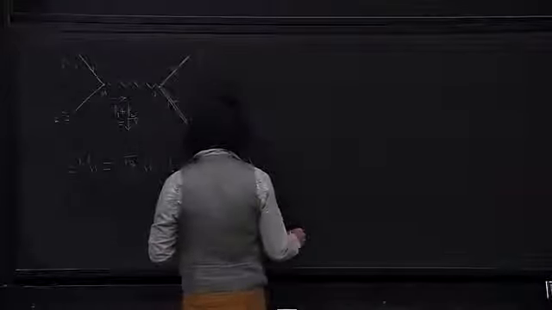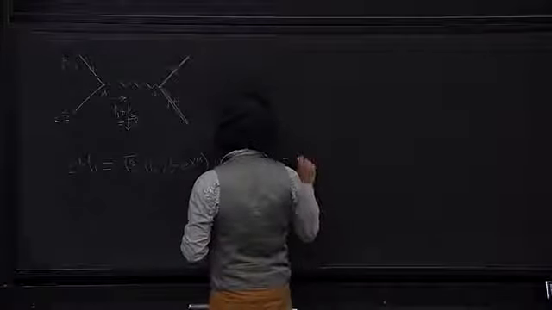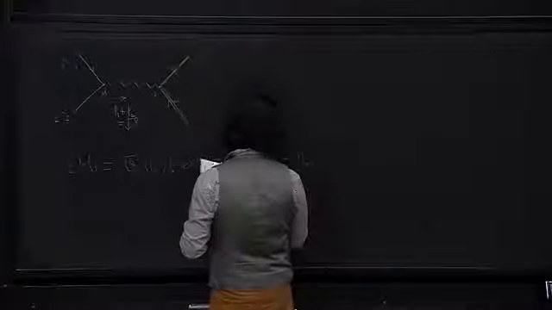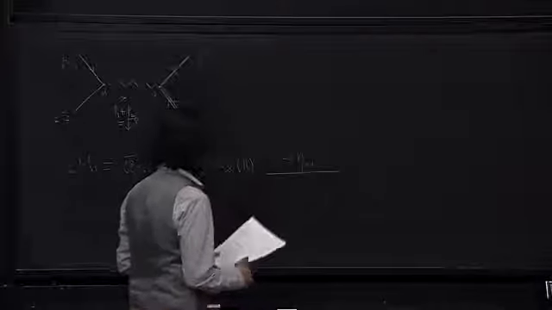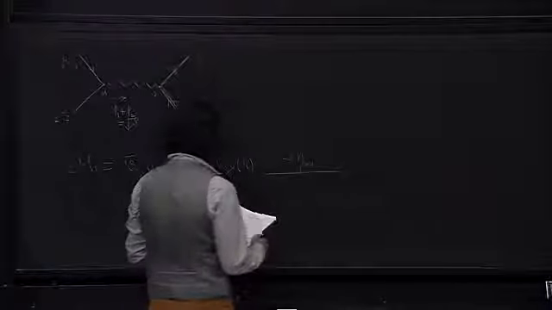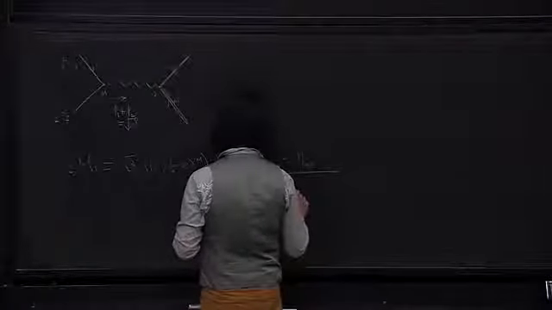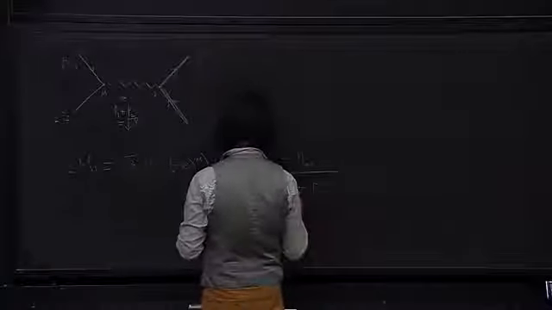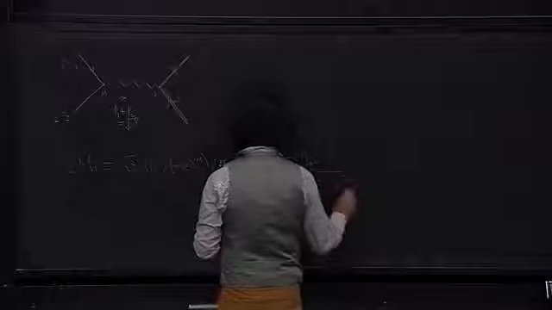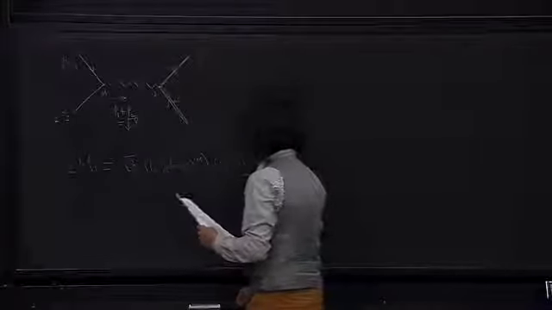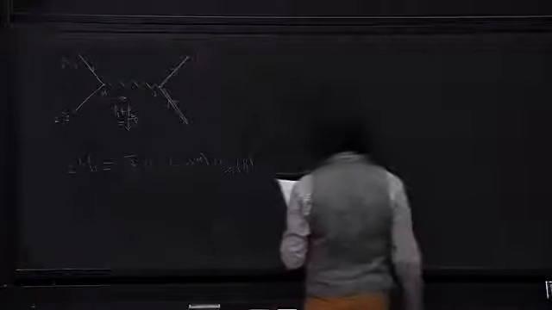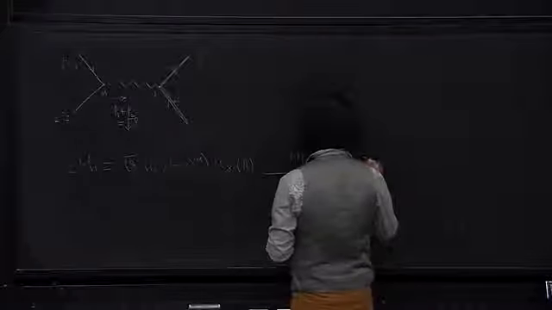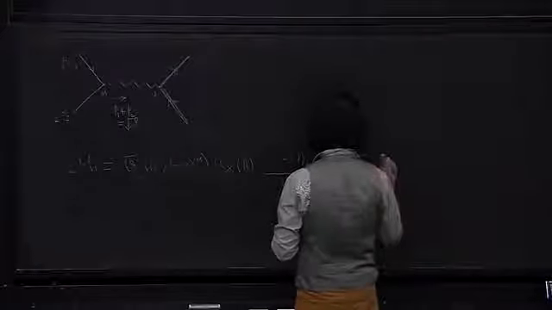So the photon propagator, you've chosen a gauge, the Lorentz gauge, in which, and then we come to the muon line, and the muon line gives us